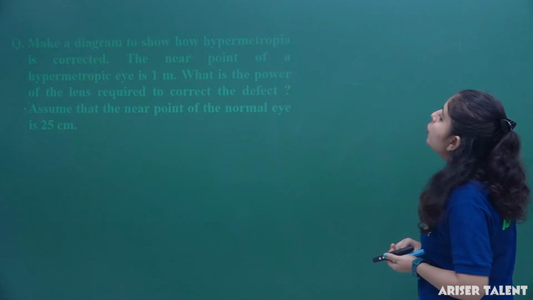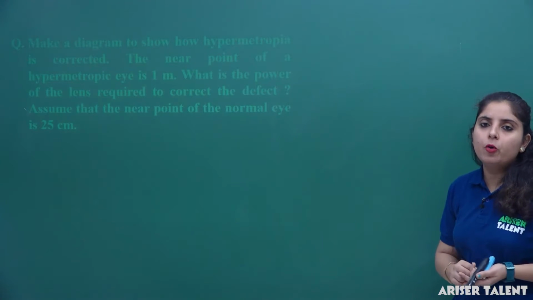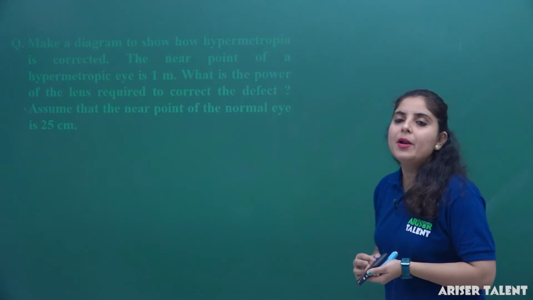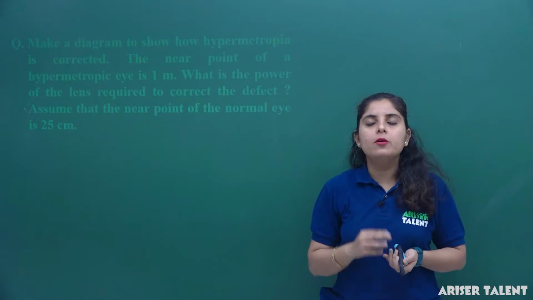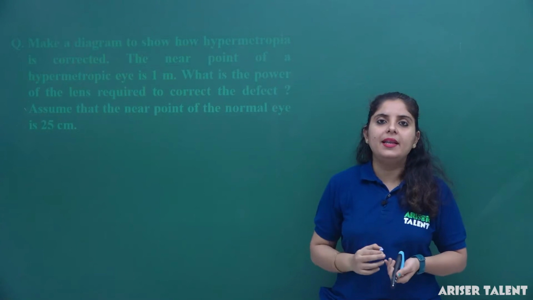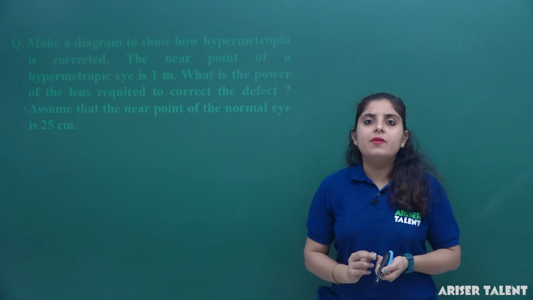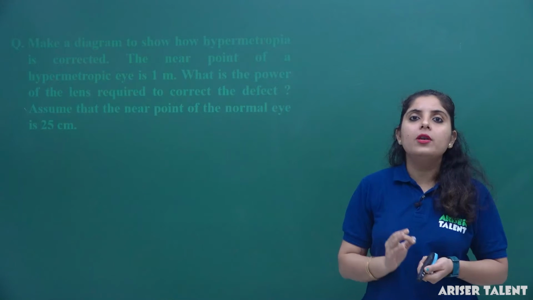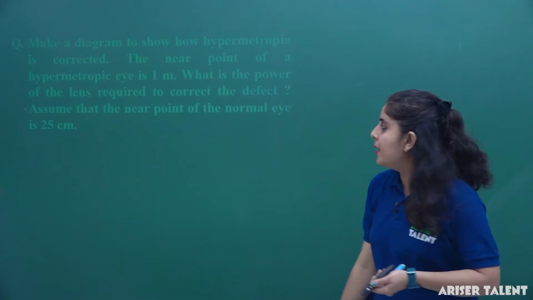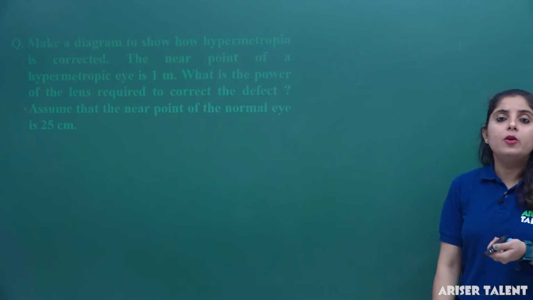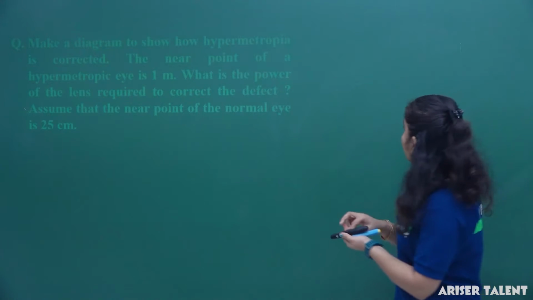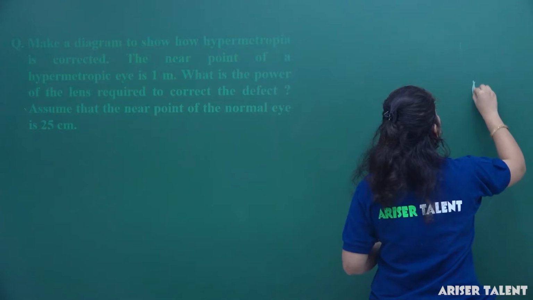Okay. Now you have to correct the hypermetropic eye. So in case of hypermetropia, the image is going to form beyond the retina. If the image is going to form beyond the retina, you will correct this defect only by using the convex lens of suitable focal length. So how will the hypermetropic eye be shown to you? So if I am assuming that this is the eye we have,